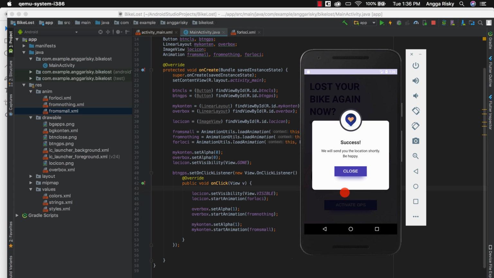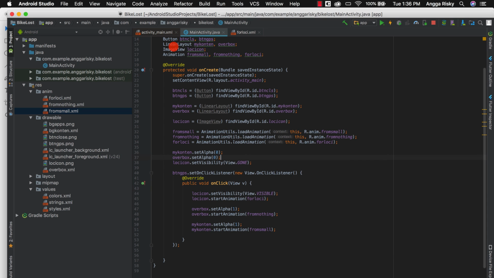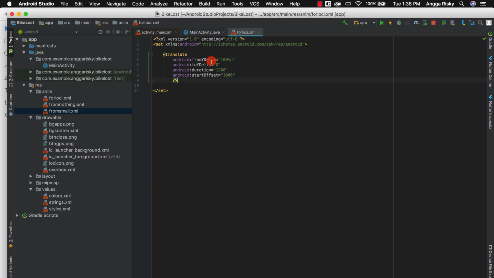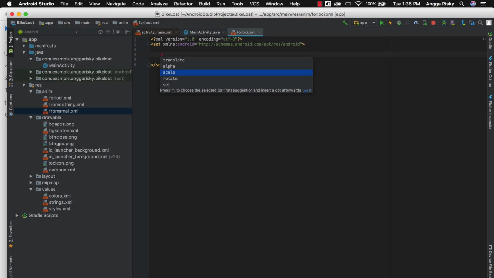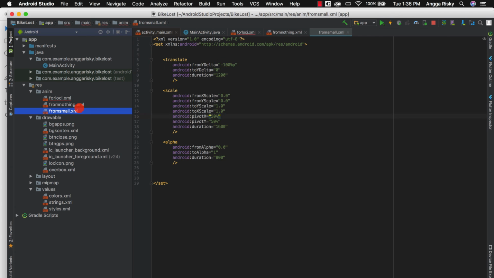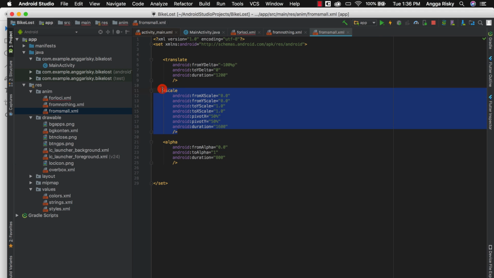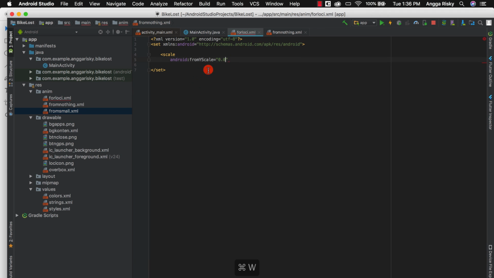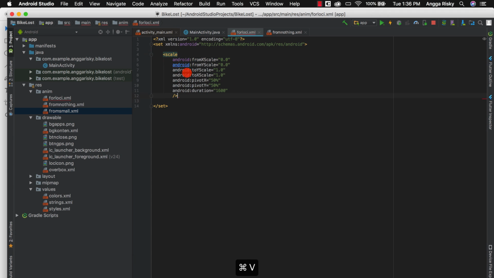And I think that I just want to change it. It's not using translate, but I'm going to use scale and alpha. Okay, actually we can copy from small, just copy here scale and then replace.